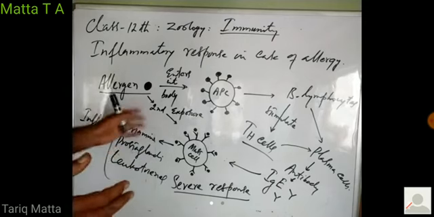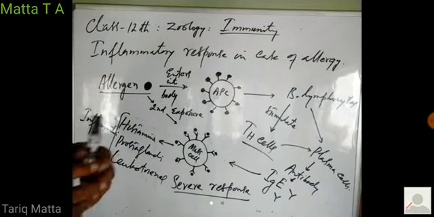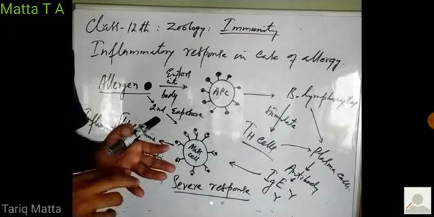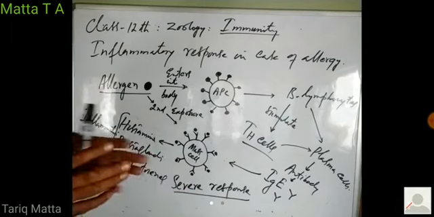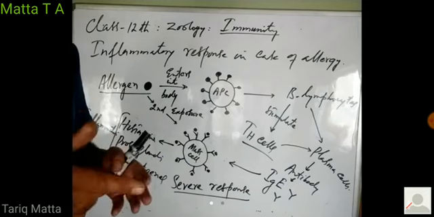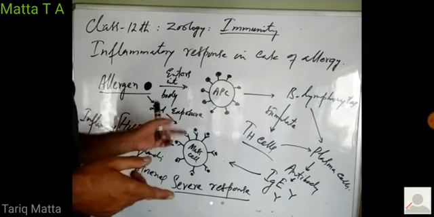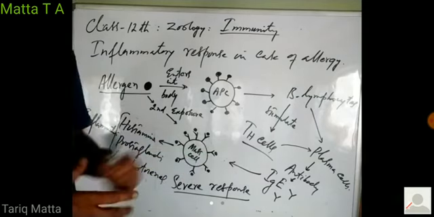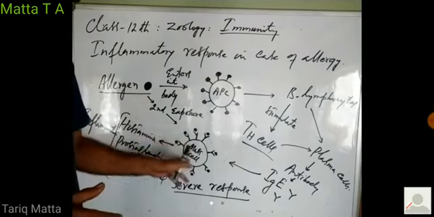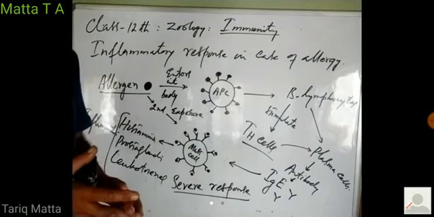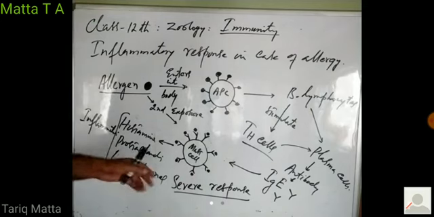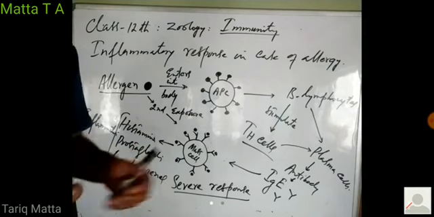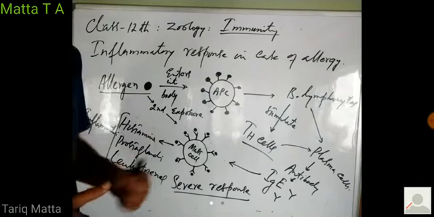So first exposure to allergen is mild. That doesn't generate a severe response. When a person is exposed to an allergen for the first time, he may develop allergy, but that allergy will be mild. There will be no severe symptoms. But if the same person is again exposed to the same allergen, that we call second exposure. At that time, immunoglobulin E is already bound to mast cells, and the allergen directly binds to immunoglobulin E, and that hyperstimulates the mast cells. Mast cells release histamine, prostaglandins, leukotrienes in very large quantities, and they develop a very severe allergic response. And we call that anaphylactic shock.